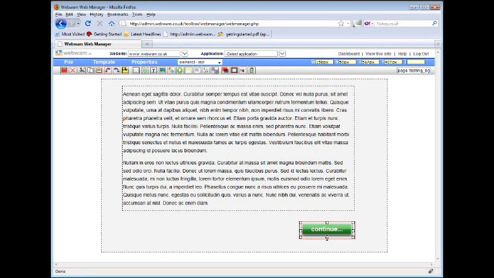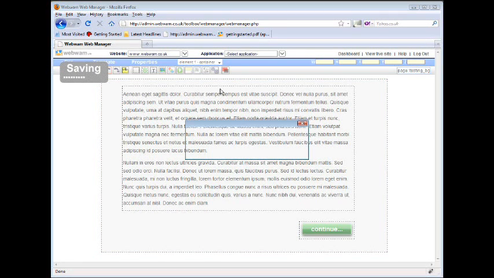Okay, so now as I drag that down, you can see I can align it perfectly, exactly how I want it. Okay, so effectively there what I've created is a little button, but all I've done is applied a background image, which could have been any image, to a text element. So now I'm going to click save,